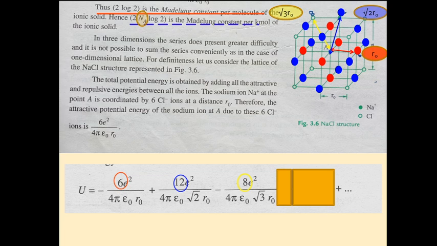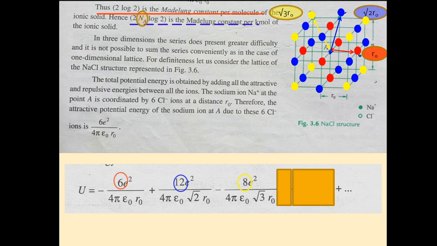So number 1, number 2, number 3 and number 4, and these 4 positions are on the top plane of position A. In the same way, you have another 4 ion positions at the bottom of position A. So that is 1, 2, 3 and 4. So in all there would be 8 yellow dots,